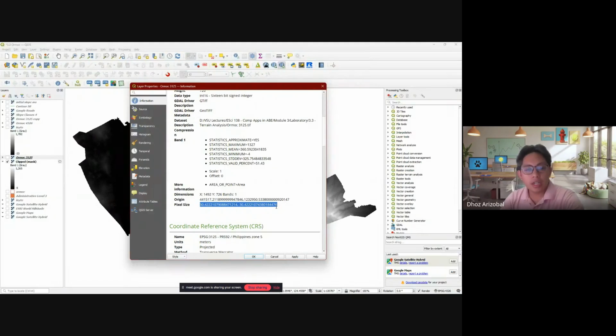LiDAR systems will take sometimes 0.5 meters and it's useful for smaller areas. But if you want to deal with larger areas, it's a lot easier for your system to be on a 30 by 30 or 90 by 90 DEM. As again, I've said, they are individual data per cell. So the more cells you have, the more memory it's going to use.